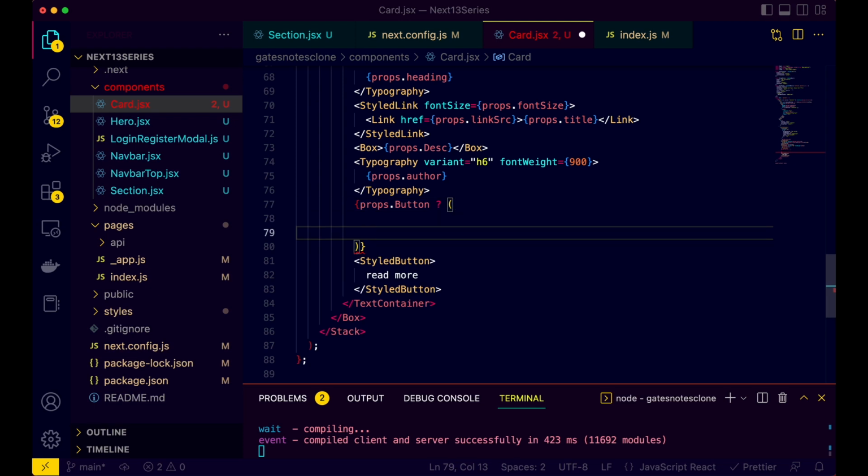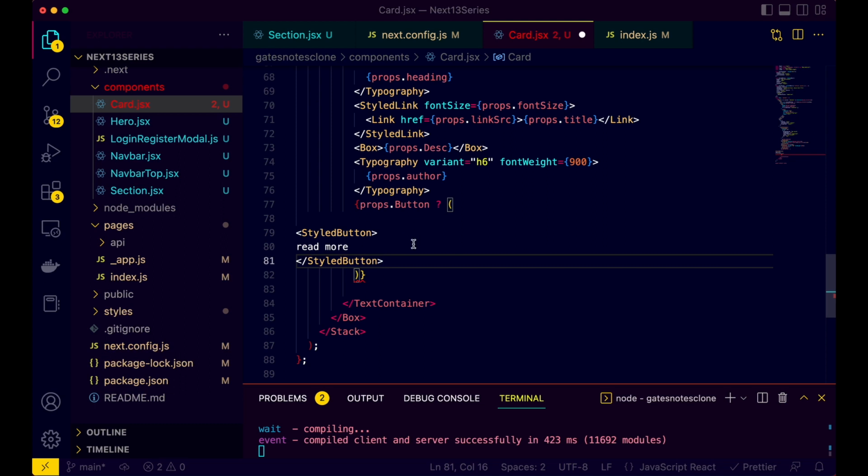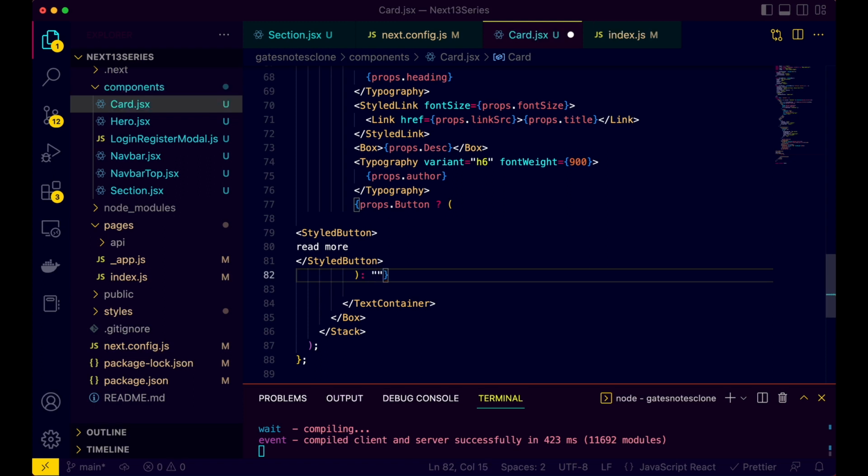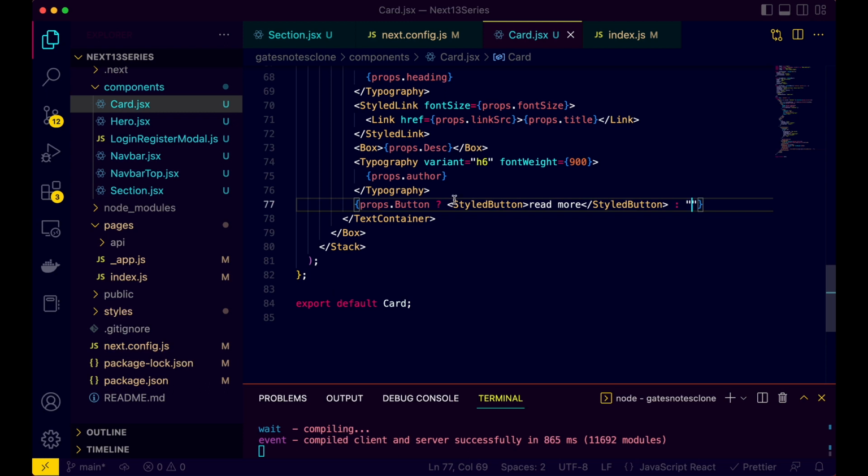Then it should just show this styled card or styled button, so it will use that. Otherwise, so after this parenthesis we define our next condition, so else it should be nothing. So if we got a button prop, then it should show this button here, otherwise it should